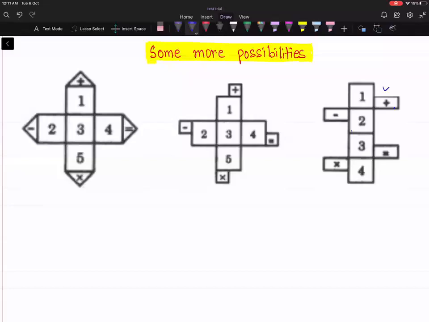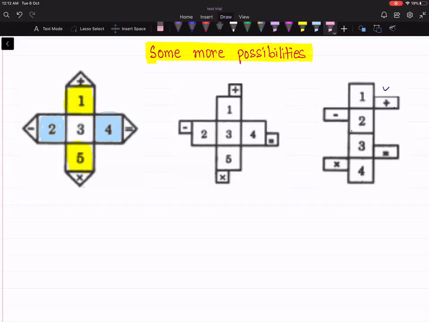Okay, this is the last type of case. In this particular case, a few sides are not being left out as square, but they are being further cut either in triangle or rectangular shape. So first thing will be same. You will find whatever the opposite faces you can find. Opposite to 1 is 5. Opposite to 2 is 4. And same way opposite to 3 will be your remaining part, right?